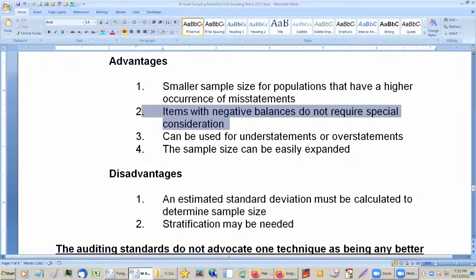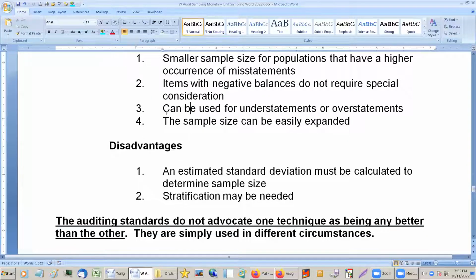Items with negative balances do not require special consideration. We didn't talk about that, but if they have negative balances, in classical sampling you can simply fold them in with all the rest. Truthfully, in a lot of the stuff, it involves a reclassification, but anyway, if you keep them together, you can do that. This is the big one: it can be used for understatements as well as overstatements. So if you come up with an understatement, you cannot use